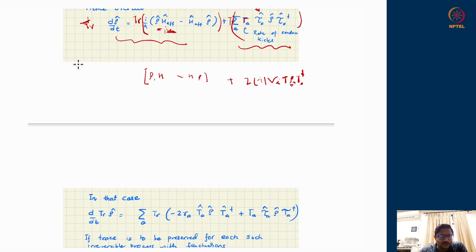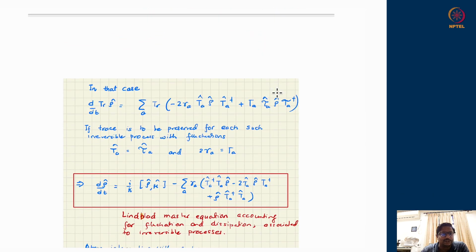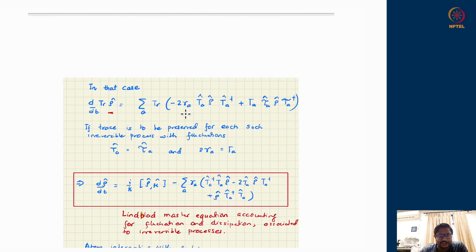When I take the trace of the whole equation, the trace of the commutator will vanish. So only the trace with the non-Hermitian terms will survive, because under Hermitian evolution, the commutator structure keeps the probability trace unchanged. The trace of the density matrix does not change, speaking about the normalization of the state remaining protected. But if there are non-Hermitian pieces, that information gets compromised, and therefore the trace equation will change like this. So this is all non-Hermitian pieces. One was the dissipation part, and this is the fluctuation part.